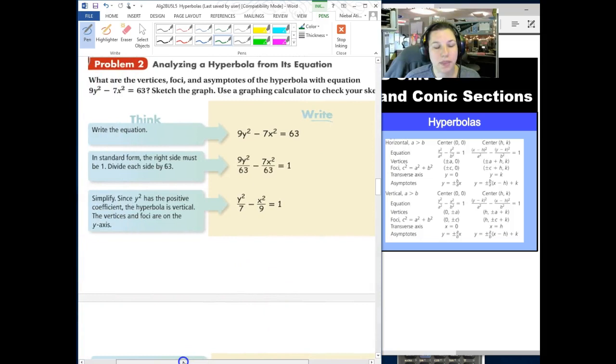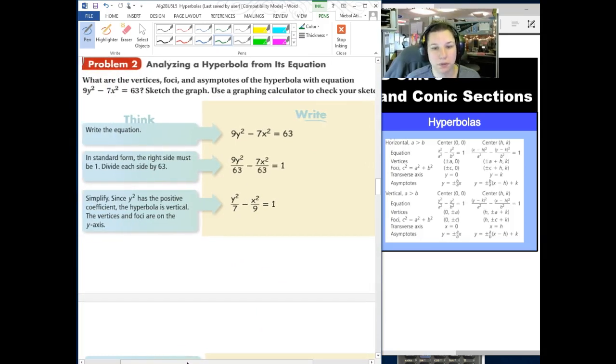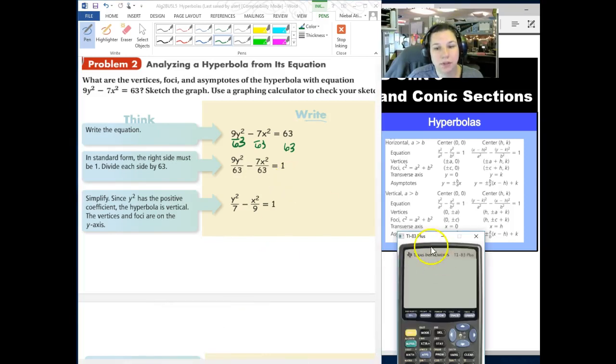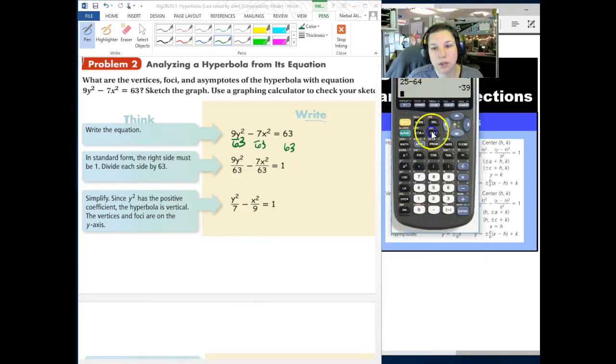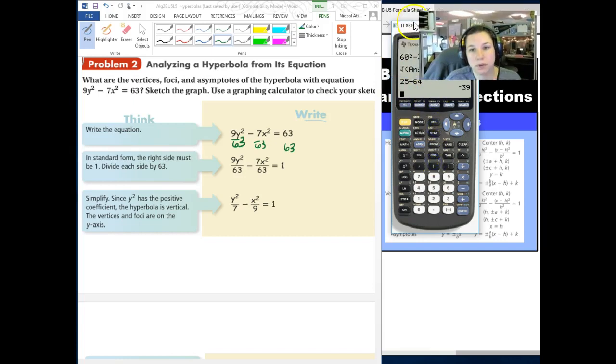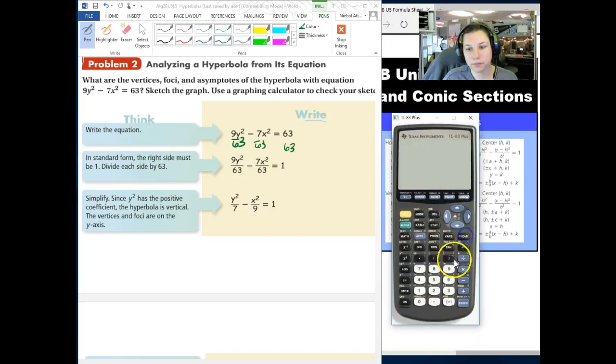Okay. This one, they give you the equation, and you're going to interpret the pieces. Just like the ellipses, these are all equal to 1, and this equation is not equal to 1. So that's your first step, to get it equal to 1. So they've divided everything by 63. And then you need to simplify 9 over 63. You can use the calculator if you need help with that. Pull it down. 9 over 63. Math fraction, so you get a 7,